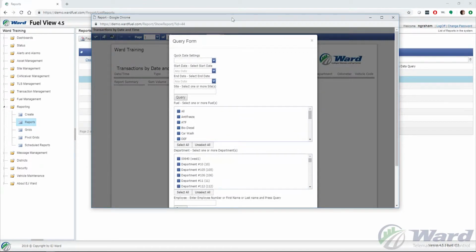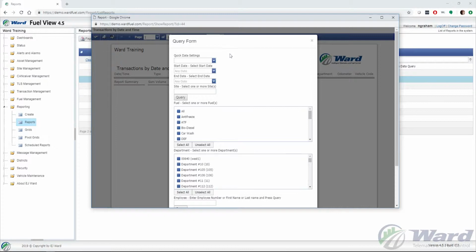Once the report loads up, it's going to give you a query form right off the bat. Every query form is going to be different for every report. If you want to change what's in the query form, you'll have to contact tech support and we'll be able to do that for you. Typically, it's going to take a scope of work and a quote to be able to do that. But most of these reports have quite a few things to search for in the query form. We can close this if we want to right off the bat, but since this is a report that's already made,